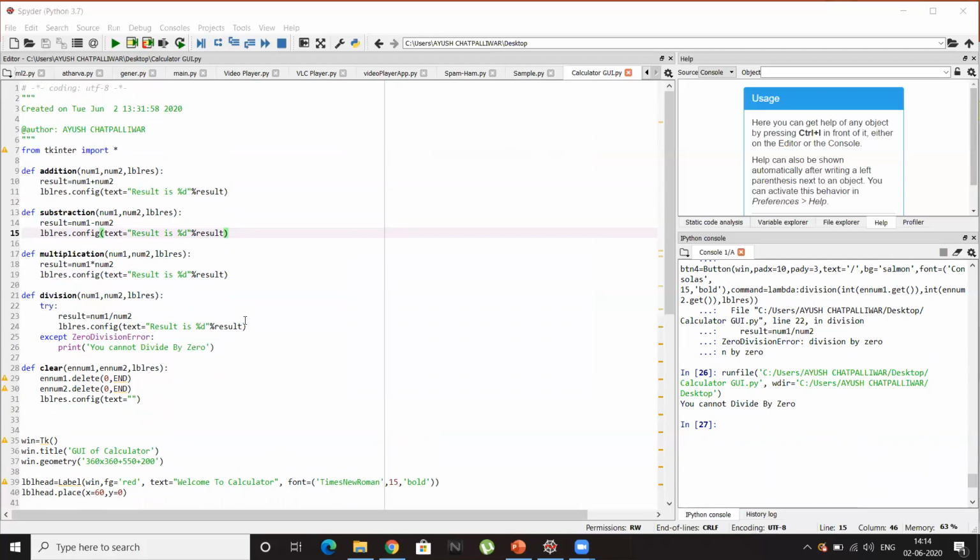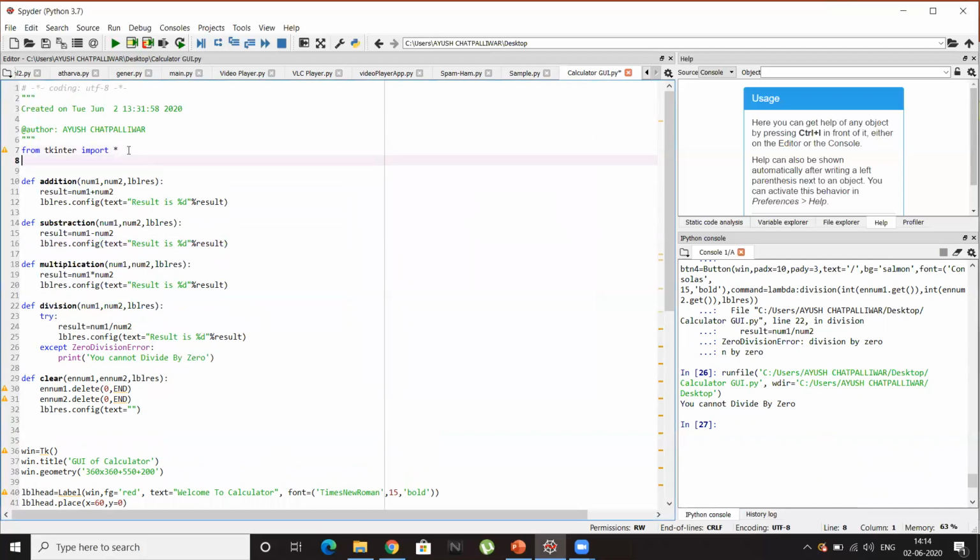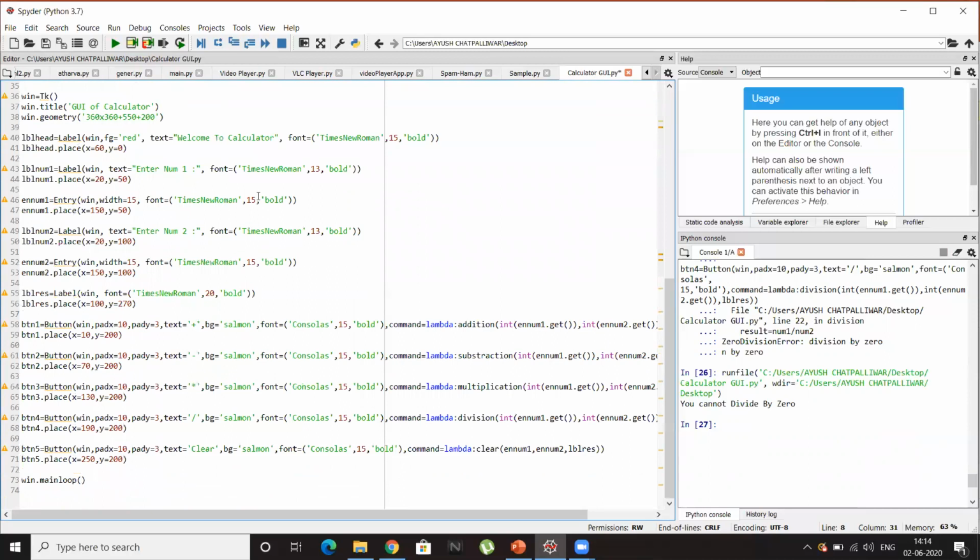To give this pop-up message, I'll have to import another module. It is a part of tkinter, but we have to import it separately. So from tkinter, import message box. This will import the message box.